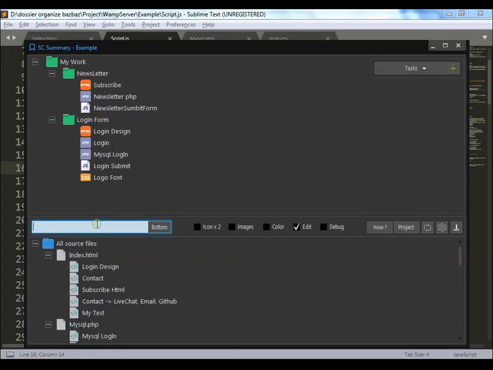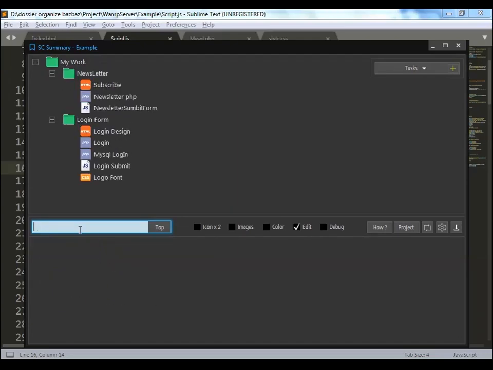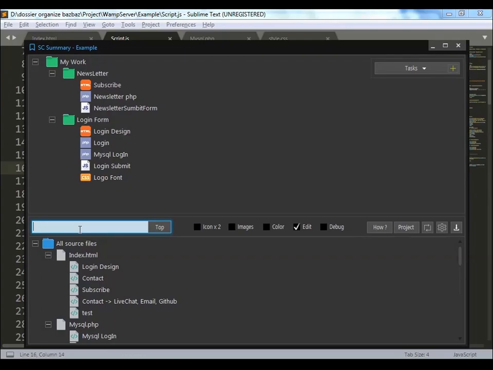You can search comments in your source code, for example, login form, newsletter, or you can search them in your tree above, for example, subscribe. Also, there is an advanced search available where you can filter only comments with file extensions, for example, CSS comments or PHP comments or HTML or JS. You can zoom the tree by enabling the color mode. All comments not added in your tree become red. For example, login design is already added, but these 4 comments are